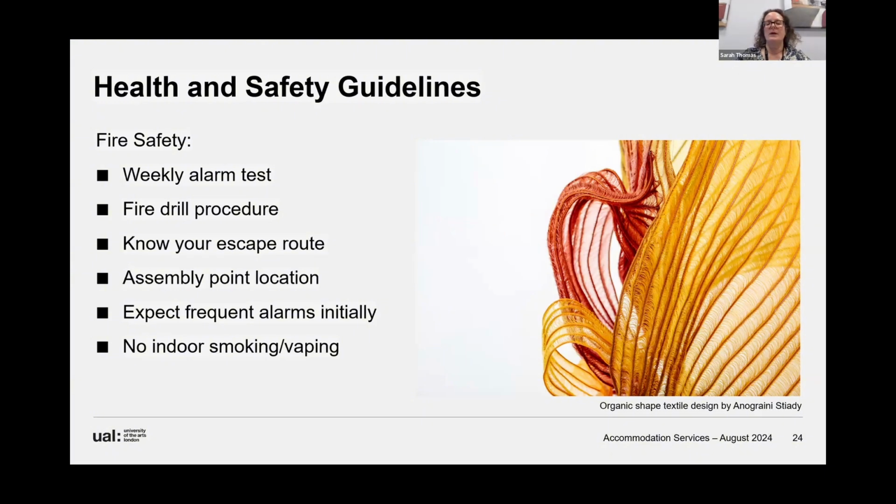We will do one fire drill per term. That's part of a legal requirement. So we need you all to evacuate. And that just gets you used to seeing other evacuation points, because the main door that you come in and out usually might not be the best place for you to be evacuating under an emergency. So you need to get to know the building, get to know your escape routes. Lifts won't work, so you'll need to find the staircases, etc. You'll need to find your assembly point. And just remember that we don't allow smoking or vaping inside the halls.